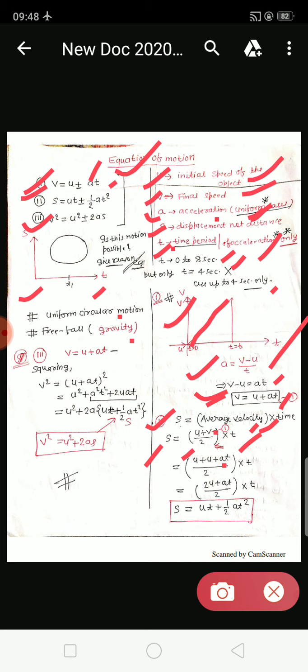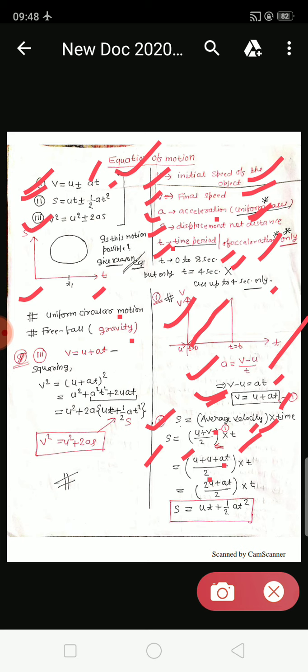Now what is u plus u? 2 times u is there, so 2u has come, plus a into t, divided by 2, into t. Simple. Now you open the bracket, and I have directly written the formula. If there is a term (a plus b) divided by c, then it will come as a upon c plus b upon c. So here it is (2u plus at) divided by 2, into t. It means that 2u plus at both have been divided by 2. So it comes out to be 2u upon 2 plus at upon 2, with a bracket into t.